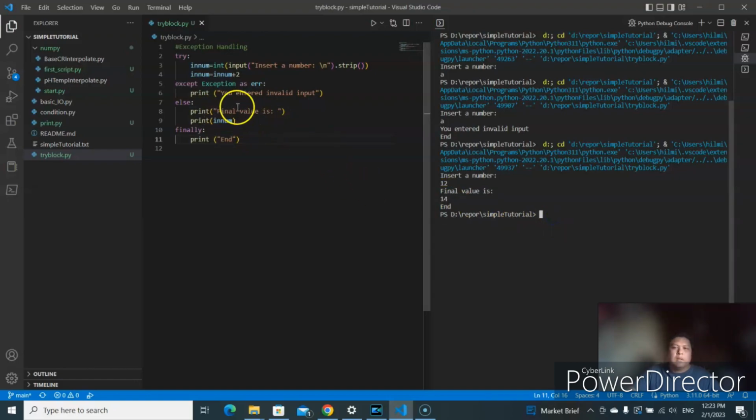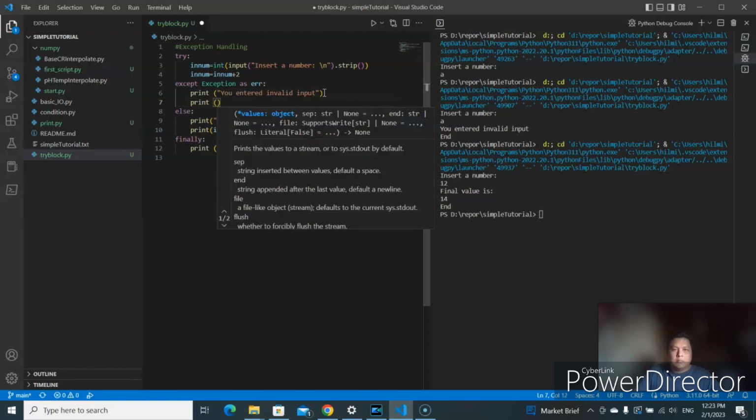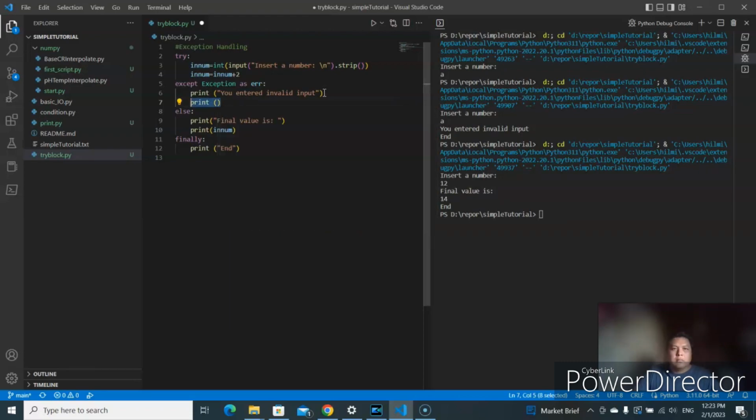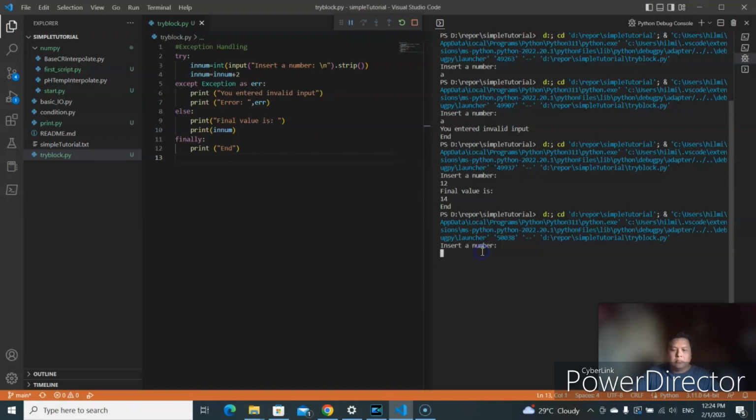But if we want to know what is the error, we just print out the exception. So this is the error and this is the final